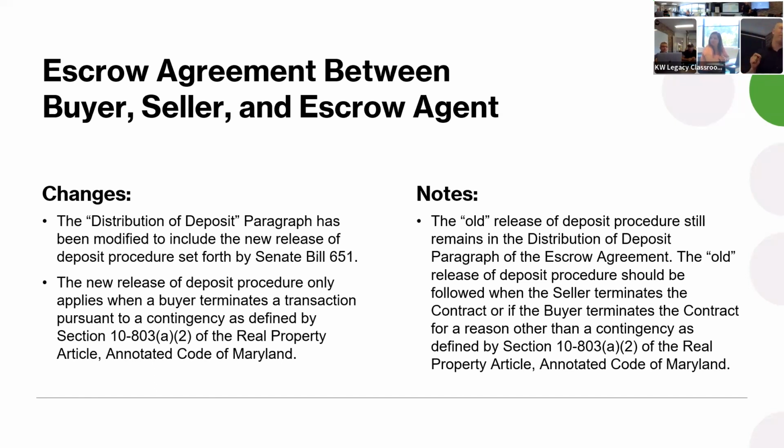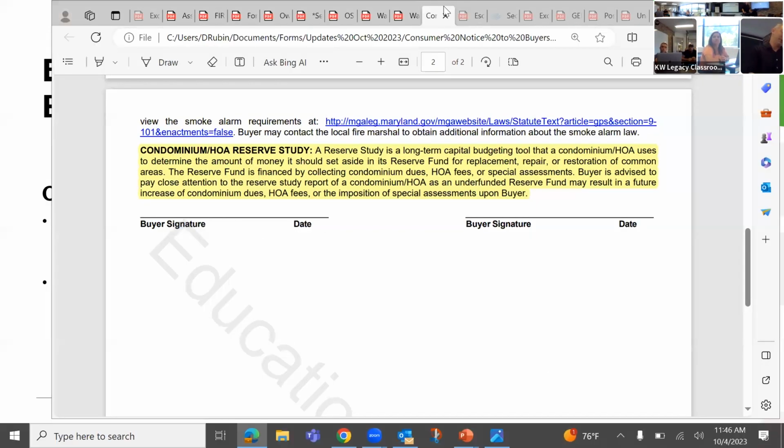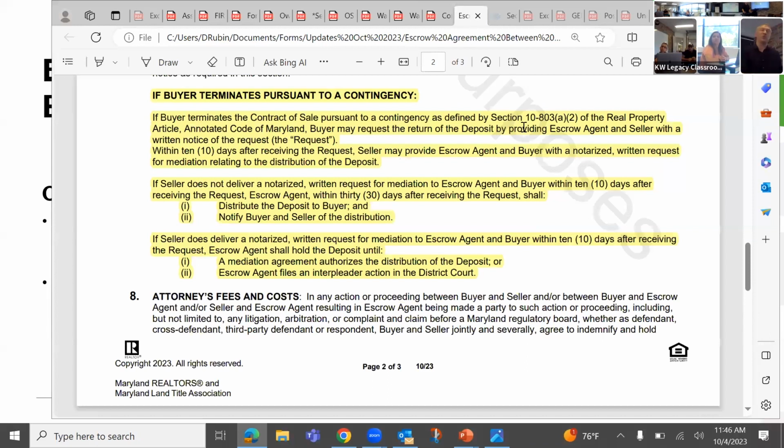Wasn't what was unilateral with the school? Well, you could unilaterally terminate the contract, you could never unilaterally distribute earnest money. Earnest money always required two-party consent. Okay. But now,